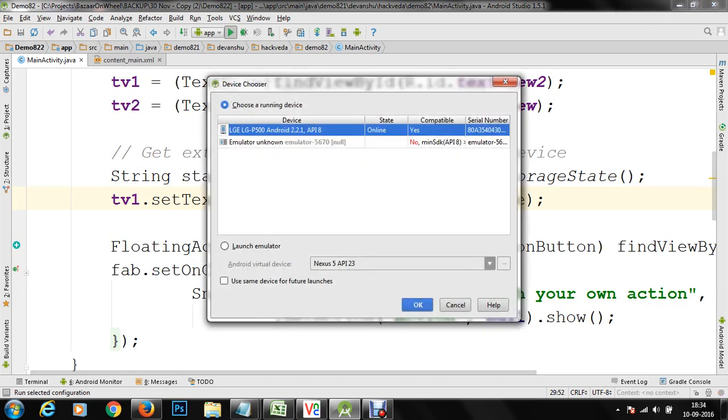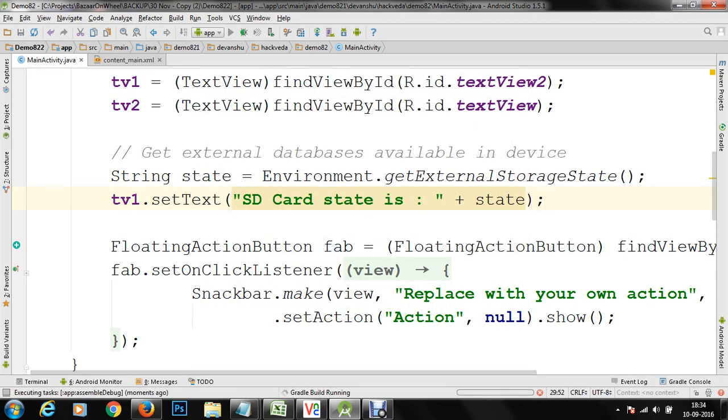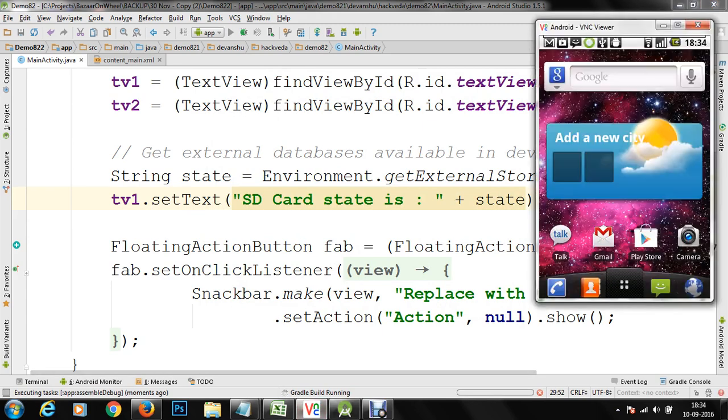As soon as we play the application, I am going to test that on my LG P500. And one important thing is, let's click on OK. At the moment you don't need any permissions to identify the state of your external storage, but once you would like to access some directory or files from the SD card, there you need to specify read and write permissions to the external storage in AndroidManifest.xml. So let's switch back to the device here, and as soon as our application runs, we'll get the result.